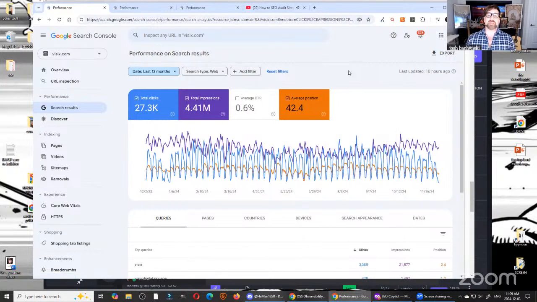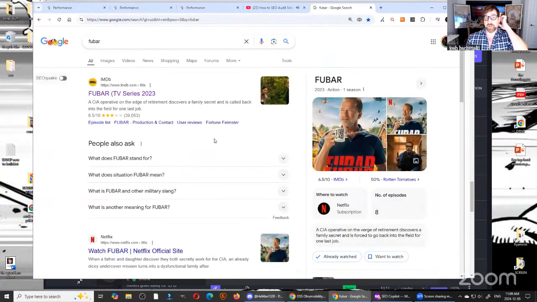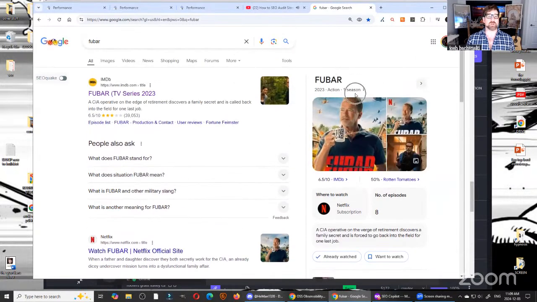So this is where your site actually showed up, including the knowledge panels and the knowledge carousels and the other featured snippets. What does that mean? Let me show you. If we do a search here for foobar, this is a knowledge panel that can be counted as a result.